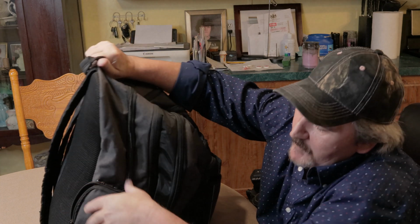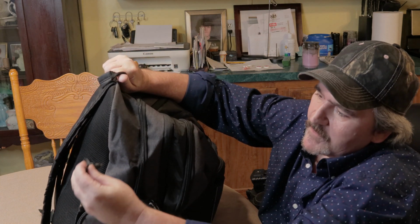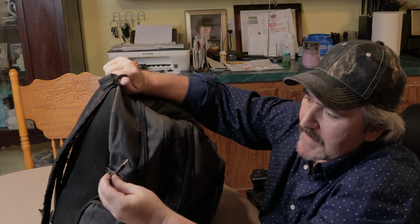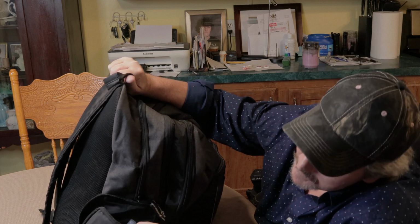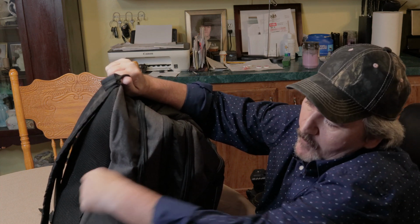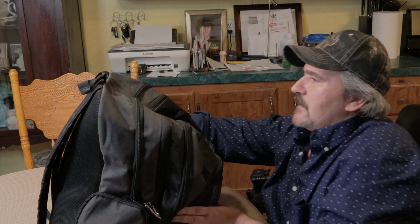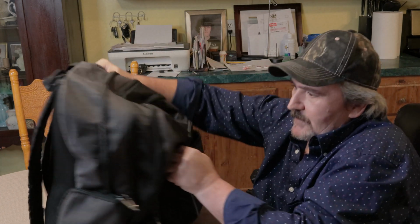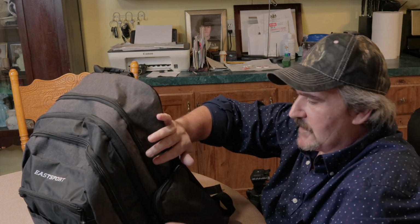These pouches zip open, and I carry extra microphone cables and batteries. This pouch on this side has batteries for my T6i right here, and then around on this side, I'm going to try to do this quickly. This pouch right here,